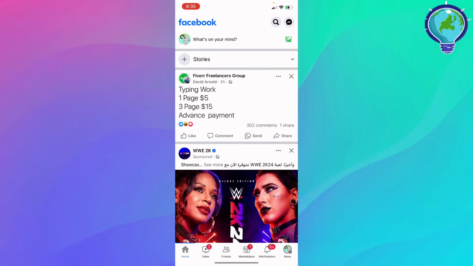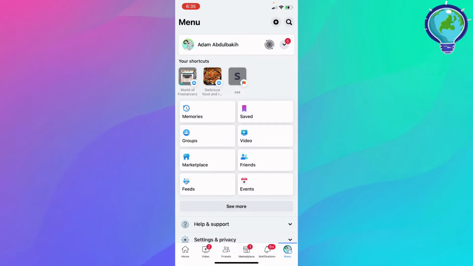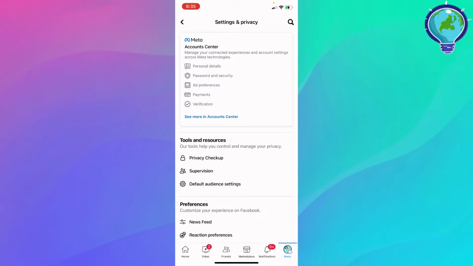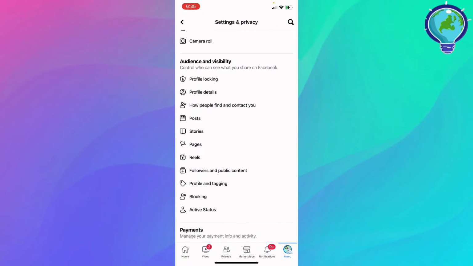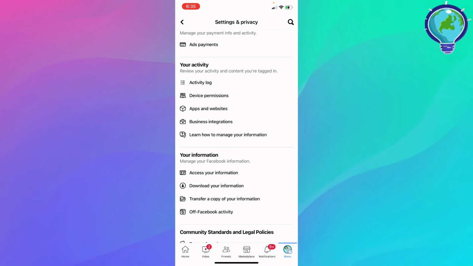So first of all, just go ahead and enter your Facebook app. What I'm going to do here is click on my menu at the bottom right corner. Now, in order to do it, I'm going to click on my settings gear at the top right, or I can just scroll a little bit down, a little bit down, till you find